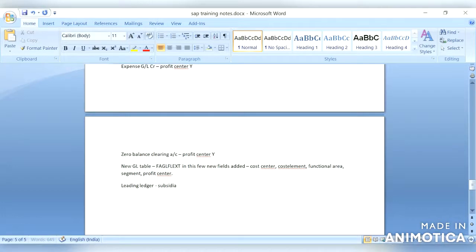Subsidiary ledgers are nothing but asset accounting, AR, AP, FSCM, and so on, so the leading ledger will be reported with all of these.